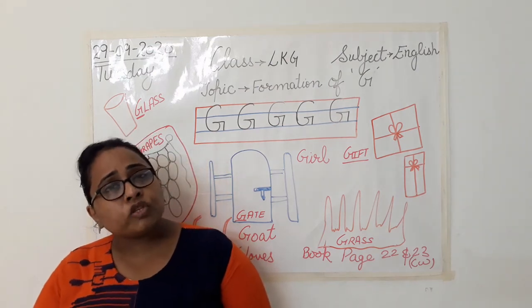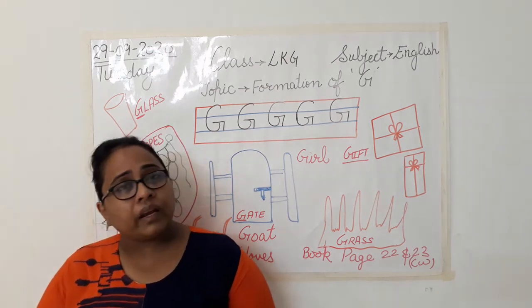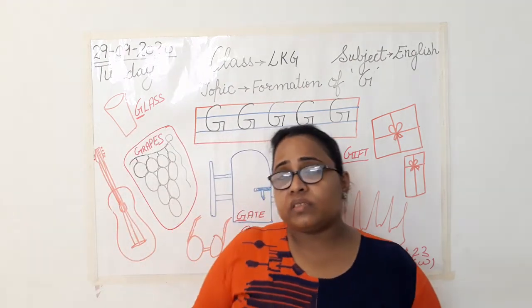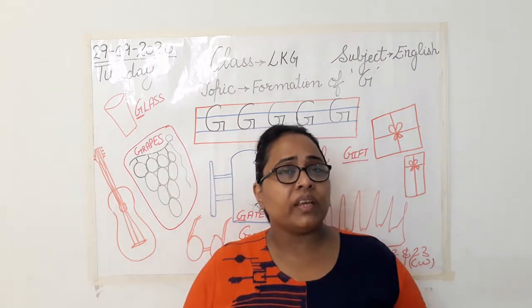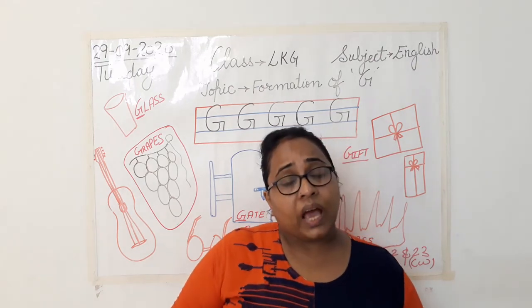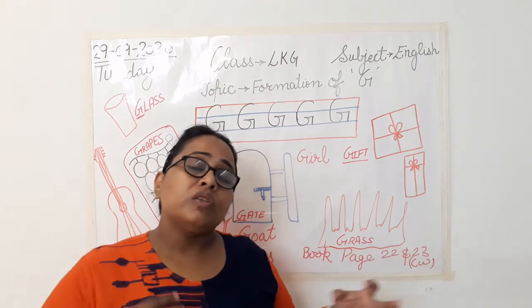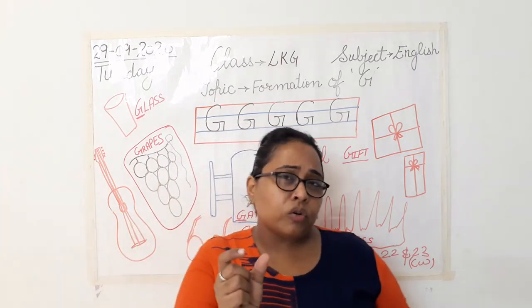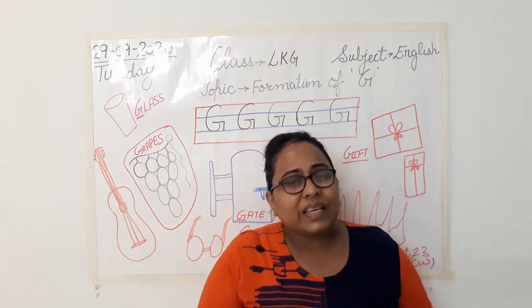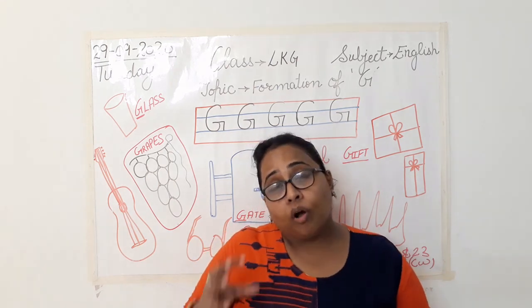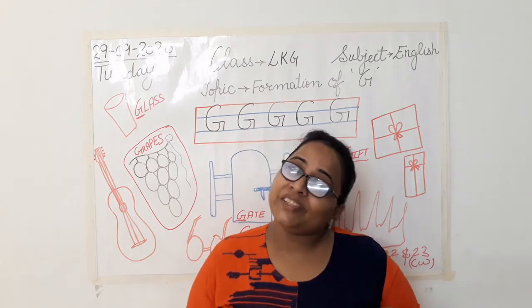Find some new pictures. Try to collect their name and share it in the form of a small presentation. See, as I tell you about different things. See beta, G, alphabet G, the sound is G and a lot of pictures. So send Ma'am a small video of approximately 30 seconds or 1 minute and there you can share different names of the things that begin with alphabet G.